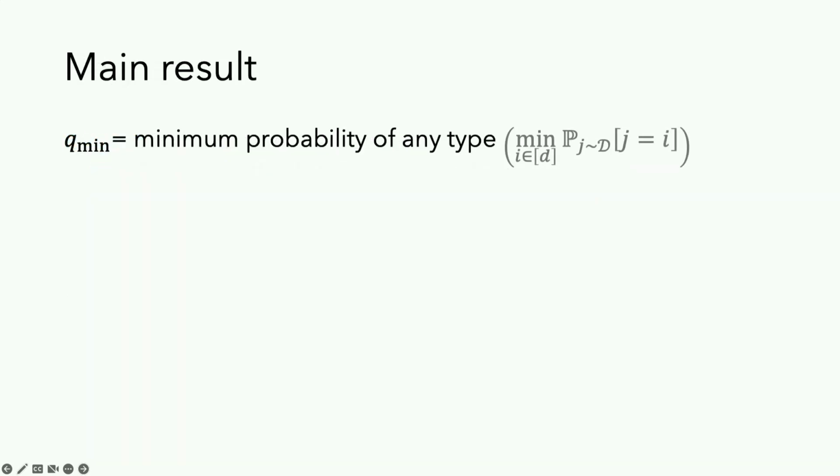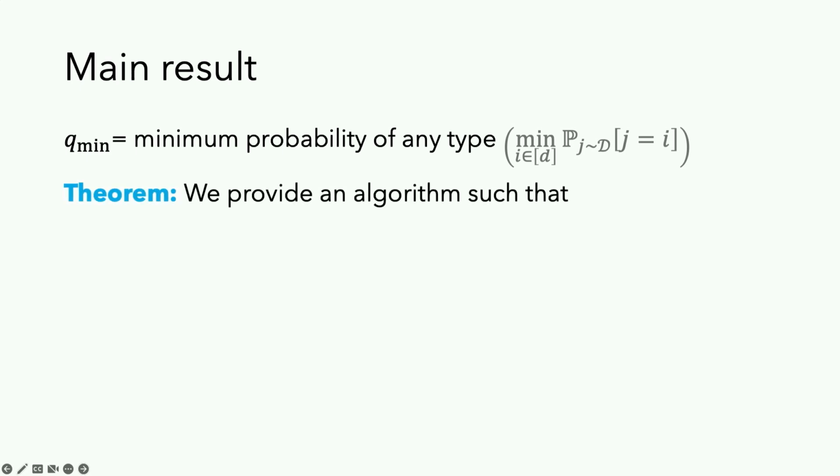Okay, so to describe our results, let's say that they depend on this quantity Q-min, which is the minimum probability of any type. So we're taking the min over all types of their probability of appearing. Okay, and here's our theorem. We provide an algorithm such that if Q-min, the minimum appearance probability, is not super tiny, in other words, Q-min is at least d to the negative 2/3, where d is the number of types, times T to the negative 1/3, where T is the number of time steps,